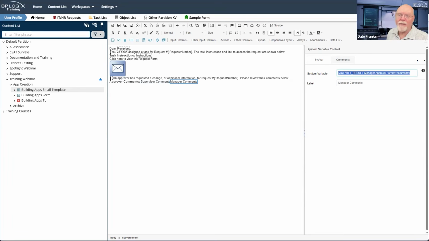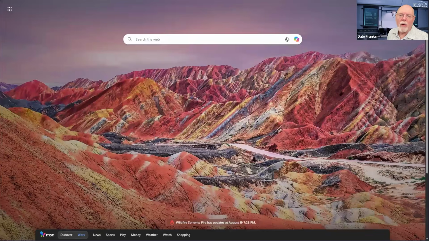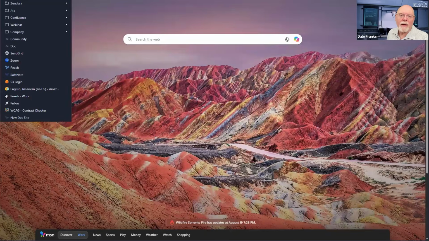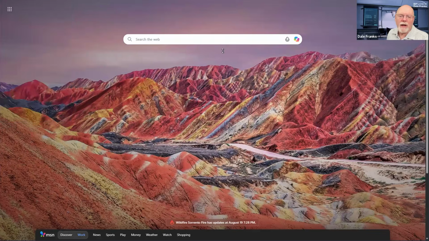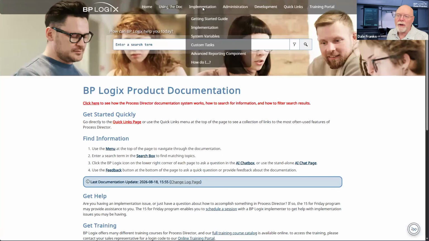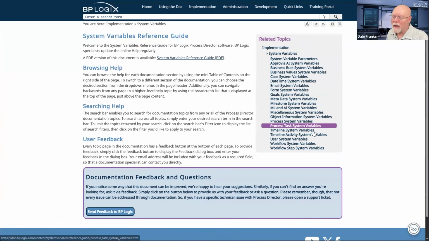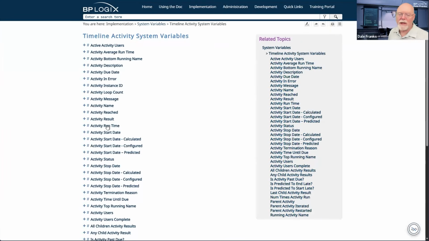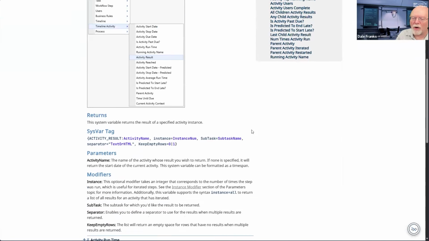So why have I done that? Well, let's go take a look at the documentation for our system variables, timeline activity system variables, and activity result.